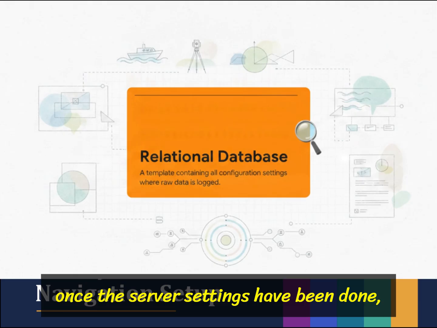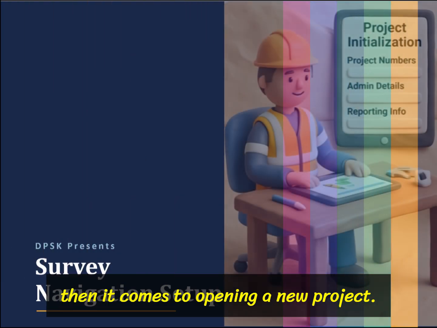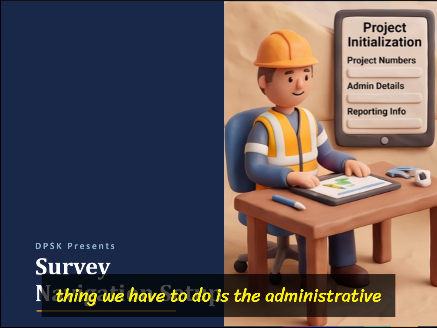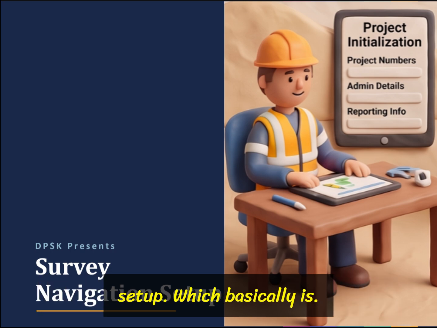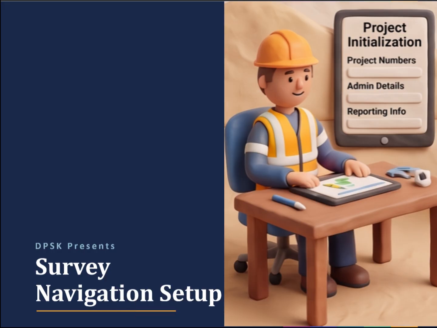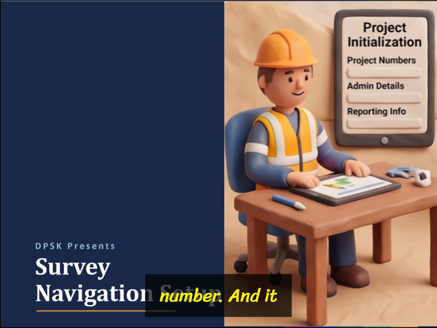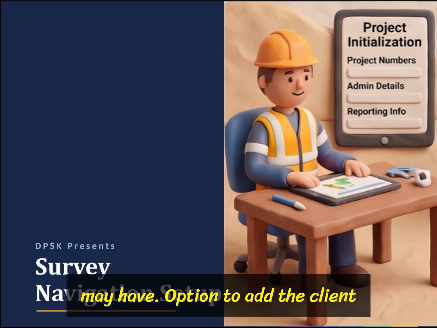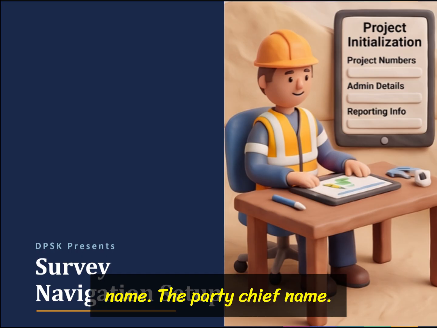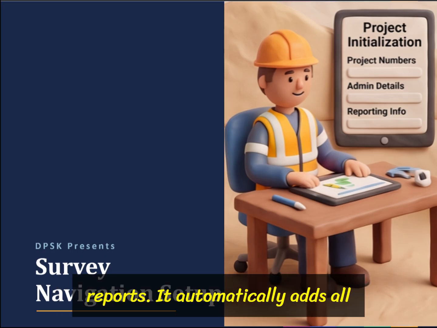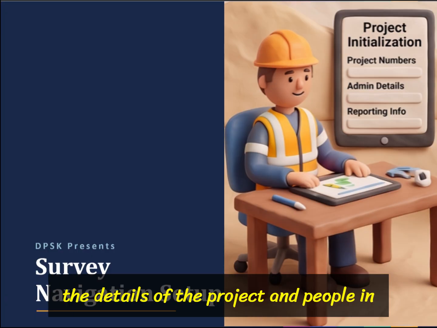So once the server settings have been done, then it comes to opening a new project. And when we open a new project, the first thing we have to do is the administrative setup, which is basically the name of the project, the project number, and it may have options to add the client name, the party chief name, and other details. When we generate reports, it automatically adds all the details of the project and people in